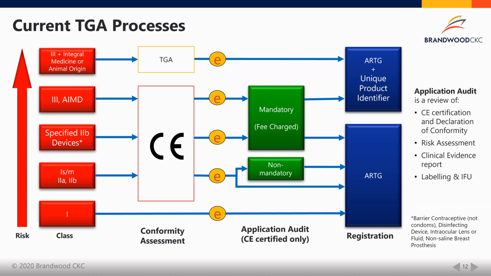So you can see the 1S, 1M there, class 2A and class 2B, they need that. So that CE is the European EC certificate. The TGA accepts a European certification to support getting your ARTG approval here. If you don't have a European approval, then you can use the TGA process, which is almost identical. It's just that the TGA does that assessment and provides you the certification as opposed to a European notified body. On top of that, you have...